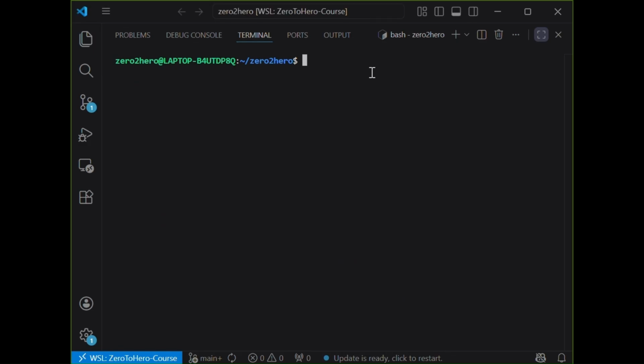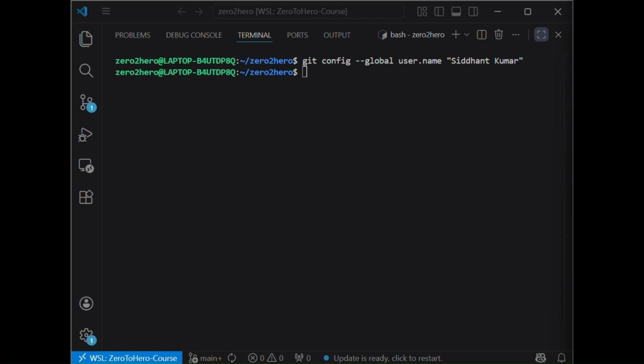Before we push code, we need to tell Git who you are. This information appears on every commit you make. So type git config --global user.name Siddhant Kumar.